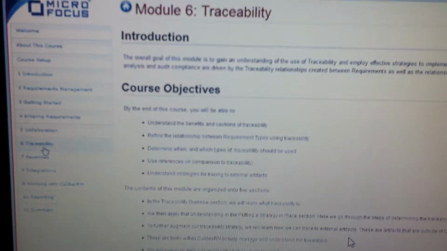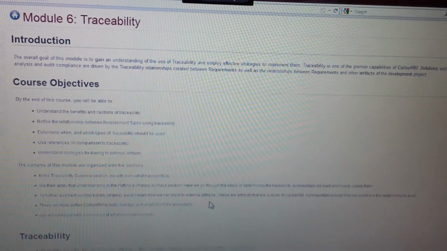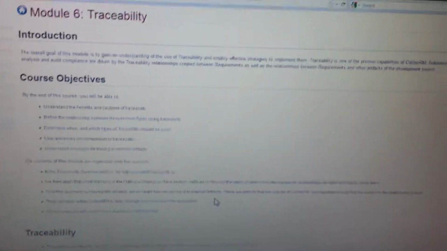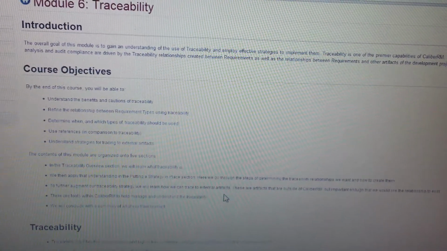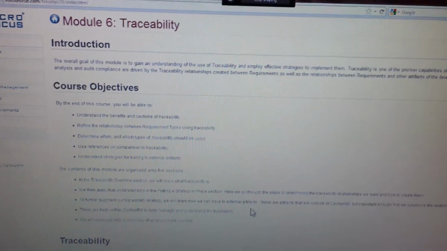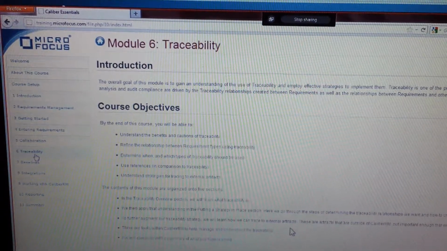The collaboration is collaboration with RDM, okay? So traceability, you know about traceability? No. Okay, basic traceability is nothing but when you enter requirements in RM and when you have your requirements in quality center, you have to trace it. You should have the option to trace in such a way that you should be able to get all the requirements that have been tested. So once you have your requirements in RM, the same requirements you have to have in quality center as well.